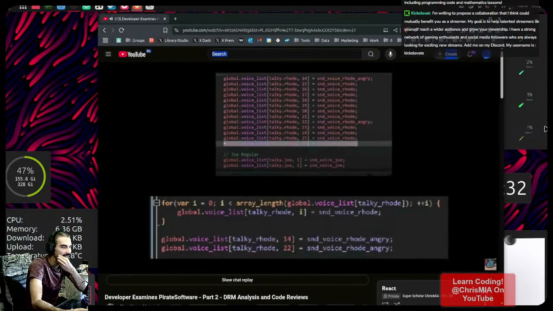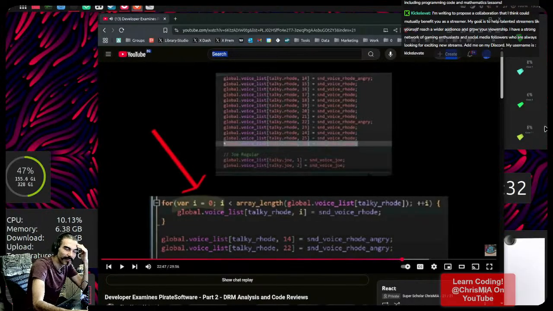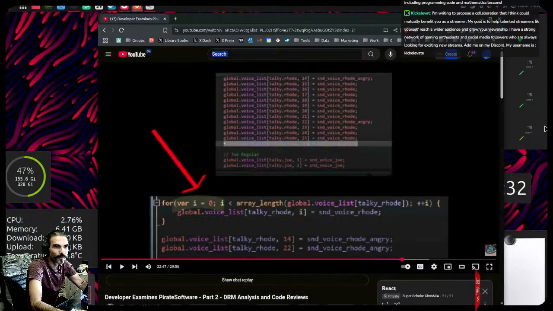So what I did here was I added what is called the for loop. What this loop is doing is I will start at the 0. My God, has Pirate Software Jason dude not heard of a for loop? Like honestly, has he not heard of a for loop? Look at how that changed that code. Easy. Easy. Just change your value. Start at 14 or 0 or whatever value. Increase it by 1. Simplify your code, man.